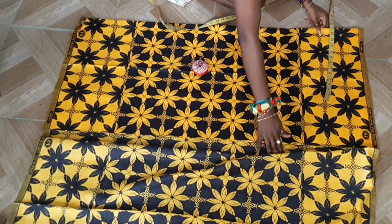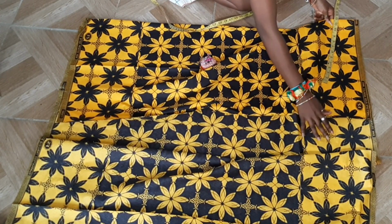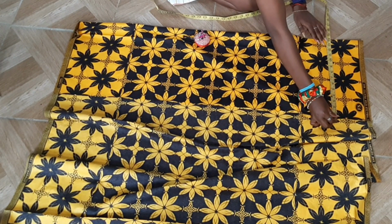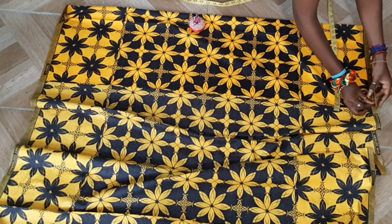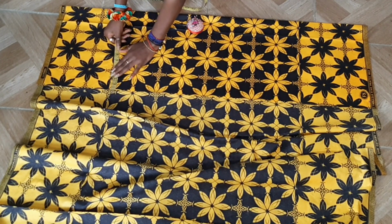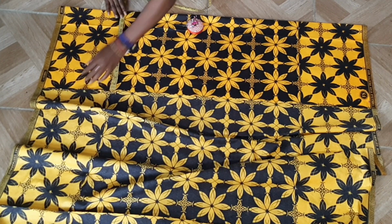So this is the fabric I'll be working with. What I'm doing right now is taking the measurement for my bust area. The measurement for my bust area is 34. Then I'll divide that by 4, and after dividing it by 4, I'm going to multiply it by 1.5, which will give me 13, so that it is big enough to create the ruffles you see at the bust